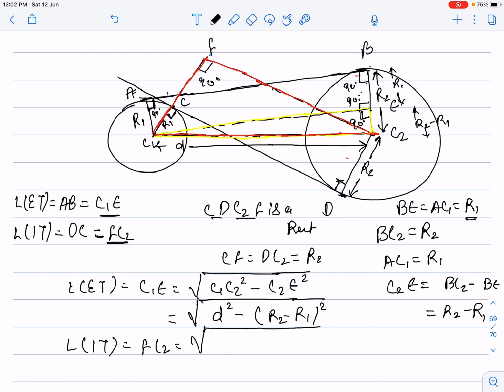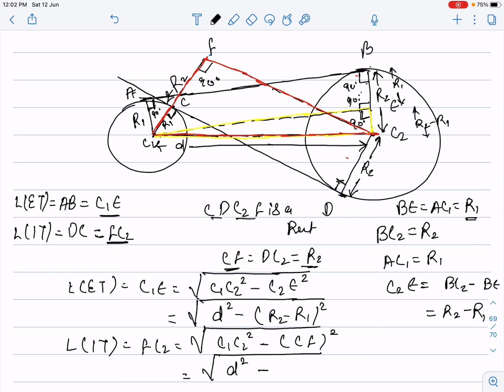What is hypotenuse becoming over here? That is D square it is becoming, that is C1C2 the whole square should be written by me, hypotenuse square minus perpendicular is what? CF it will be, CF the whole square it will be. Now my dear student, C1C2 is what we are knowing, that is D square we are knowing, C1C2 square minus CF is what we are knowing. Guys, CF will be becoming equal to R2. We have written it over here, CF is equal to R2. So it will be R2.